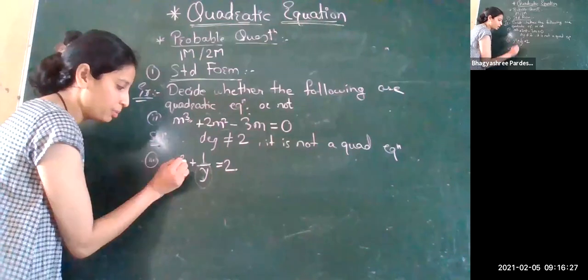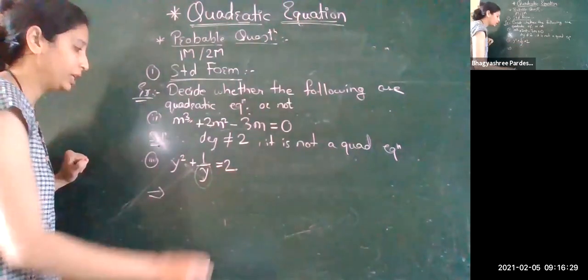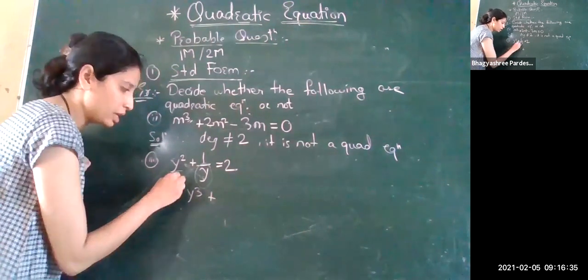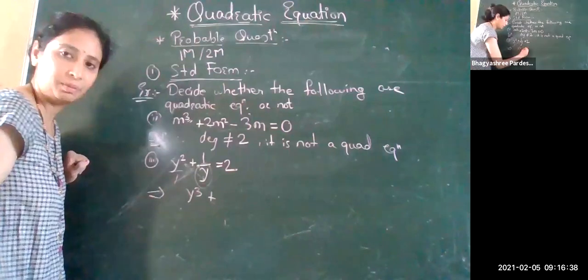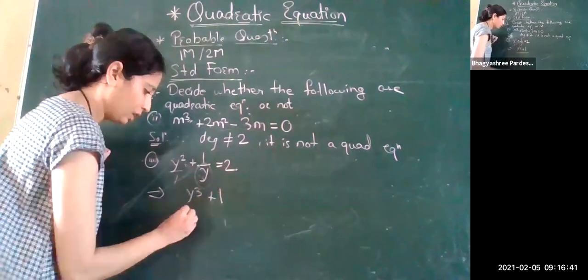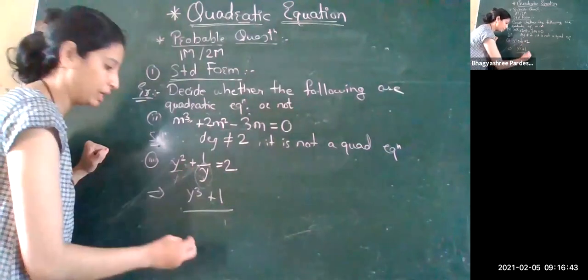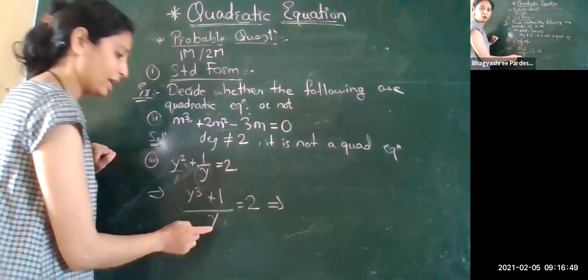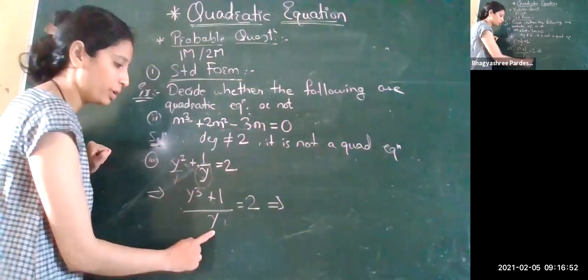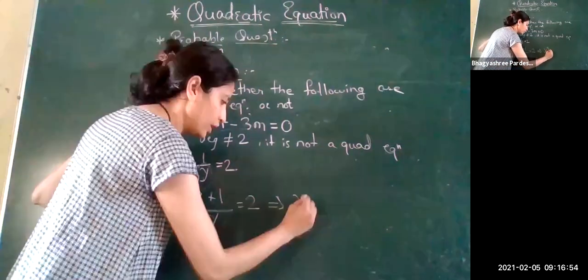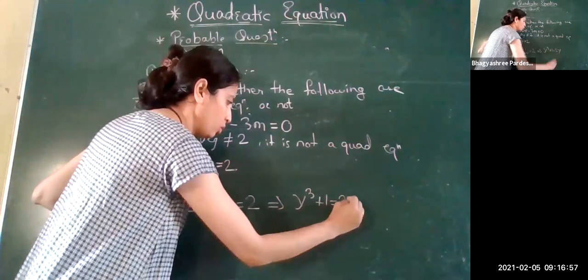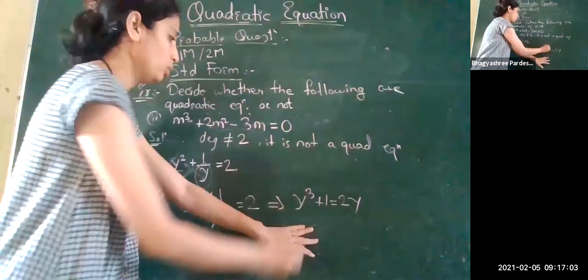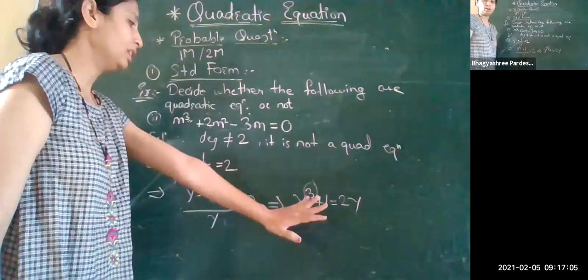So to cancel, I'm simply cross multiplying. I'm multiplying this y to the numerator. So what happens? Y cubed plus, here there is nothing, that means here was 1, so this one got multiplied here, that is y cubed plus 1. And to the denominator, both will get multiplied, that is y, and this is equal to 2 as it is. Now simply cancel this y from the denominator. Since it is the denominator, transfer it to the other side. So what we get? Y cubed plus 1 is equal to 2. Now look here. Is the highest power of y 2? Definitely no. The highest power of y is 3. So again, this is not a quadratic equation.